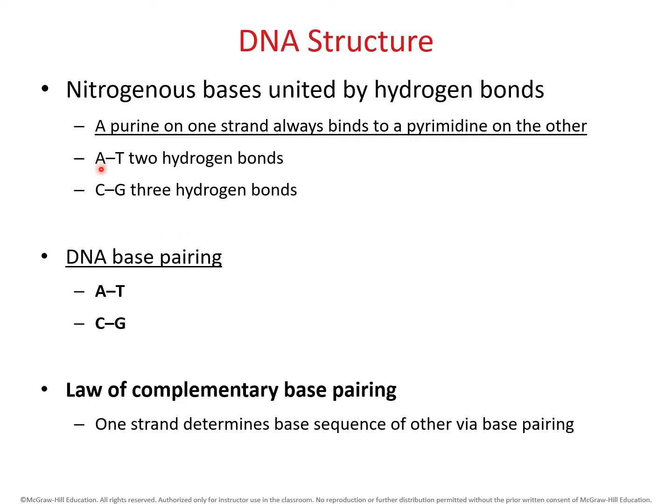All right, so for example, a hydrogen on adenine will pair up with a hydrogen on thymine. Hydrogen on cytosine will pair up with a hydrogen attached to guanine. So adenine and thymine pair together by way of 2 hydrogen bonds. Cytosine and guanine pair together by way of 3 hydrogen bonds. And what happens here is that it's a purine bonding together with a pyrimidine. And again, here's a reminder of your DNA base pairing. And essentially this makes up the entire genetic code.